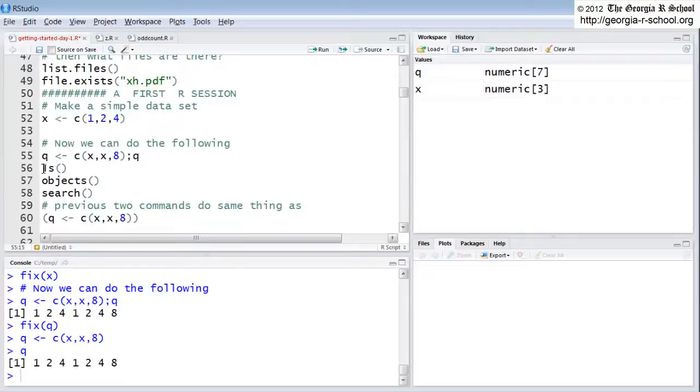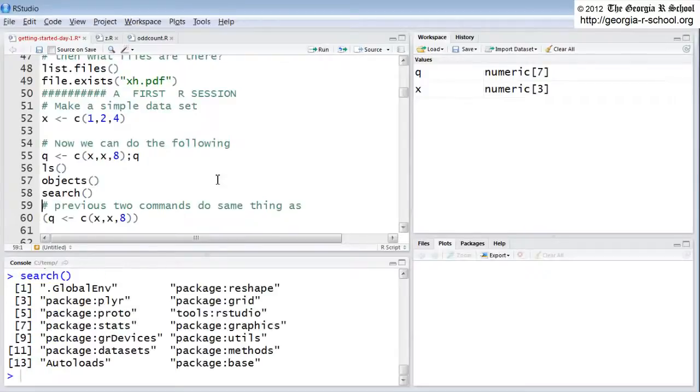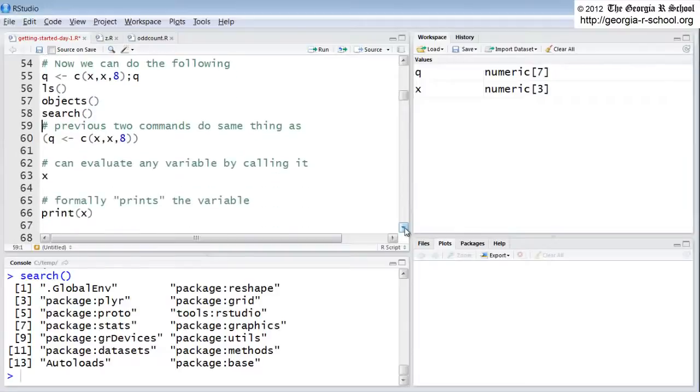Okay, and so then here we do ls again, and you can see those 2 variables. And if you say objects, you get the same. Search, again, just returns the packages. Okay, so the point I'm trying to make is that